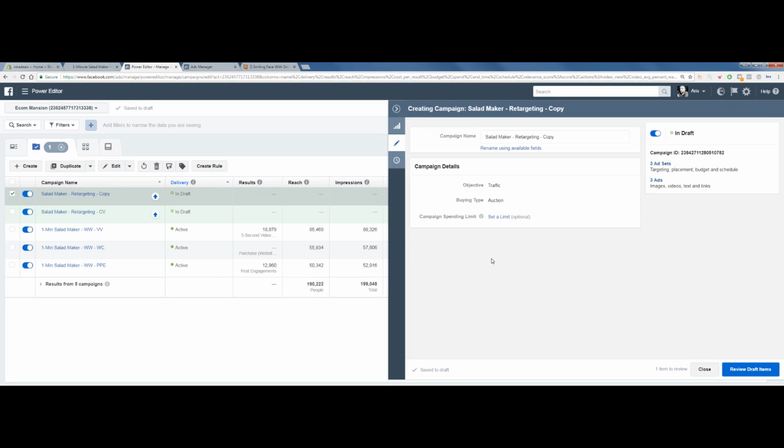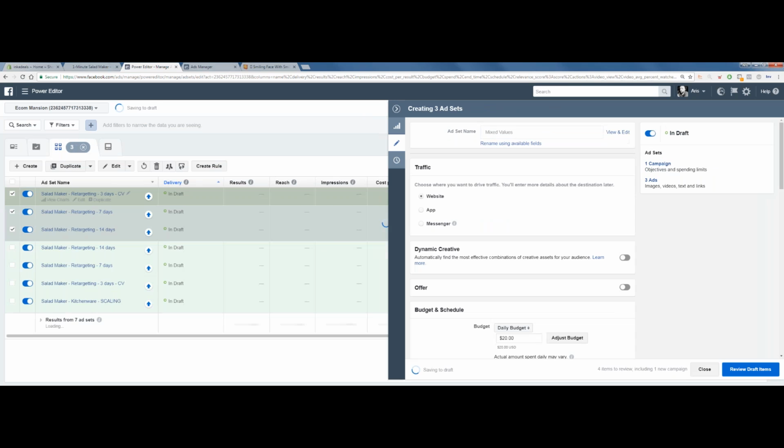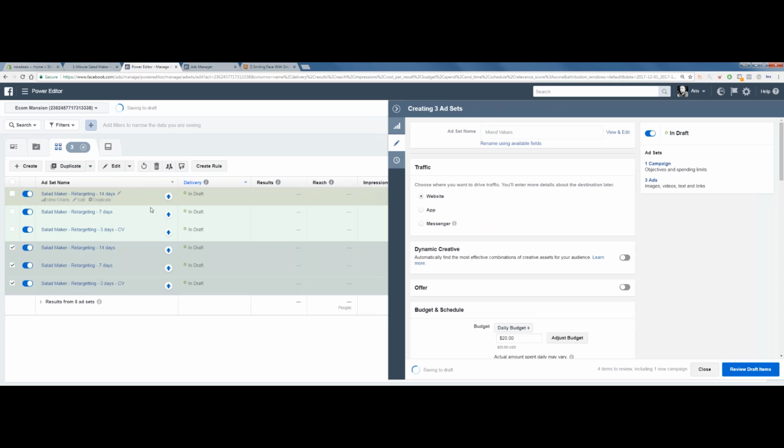All add to carts, 3, 7, 14 days, and we're gonna set the same budget, but the target audience that we're gonna choose, I'll show you really quick right now. Add to cart. We're gonna go to the ad sets. Let me just refresh it so these ones go away.